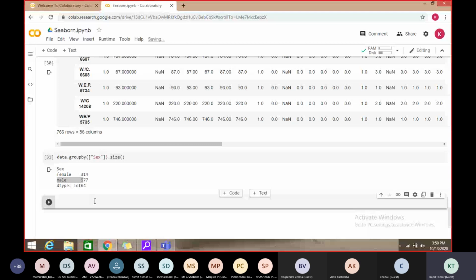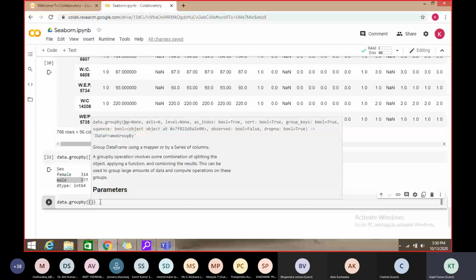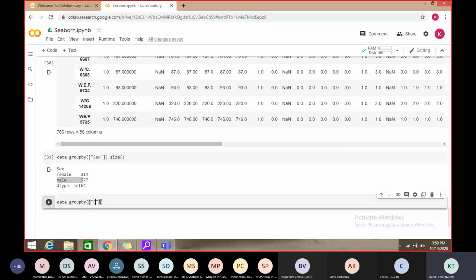Just for an example, data dot group by, and this time we are making the group of 3 different columns: first embarked, second the same sex, and next pclass, and I want price.